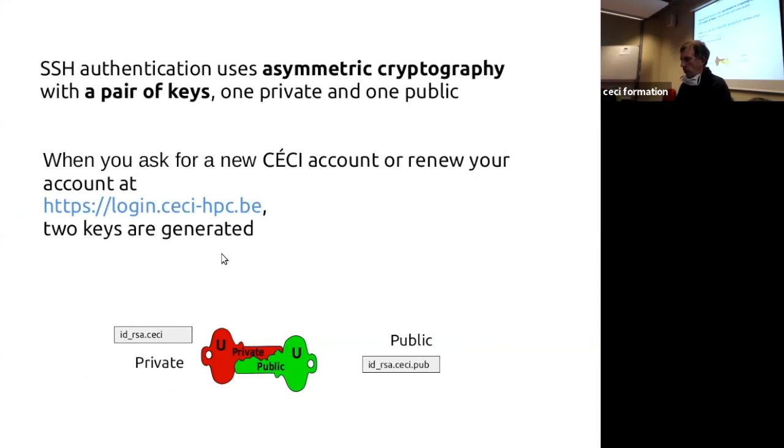After receiving the mail and filling the form, you will receive a private key. It's a file called id.rsa.cc, related to a public key,